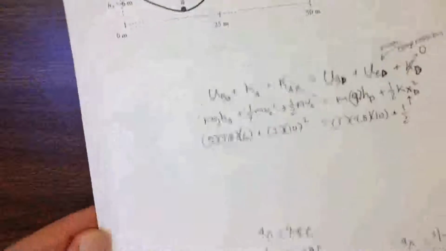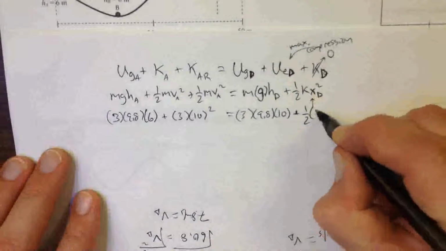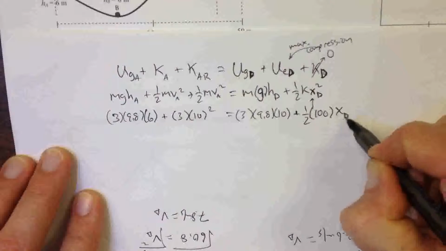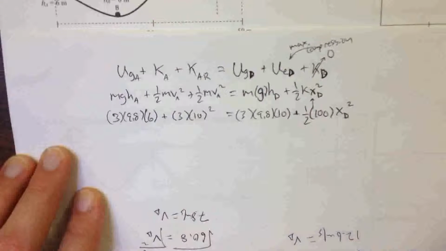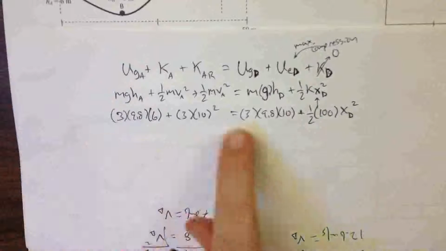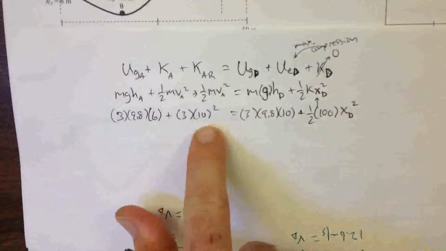That's our k value. Not big K, not kinetic energy, but little k, that spring constant. So moving back to the correct page. So spring constant, 100 newtons per meter, and our unknown compression distance. There it is. So we've got 3 times 9.8 times 6 plus, there's 300 there,